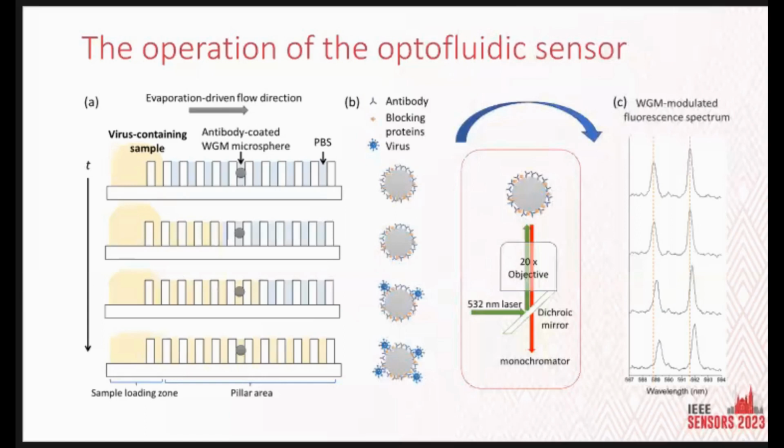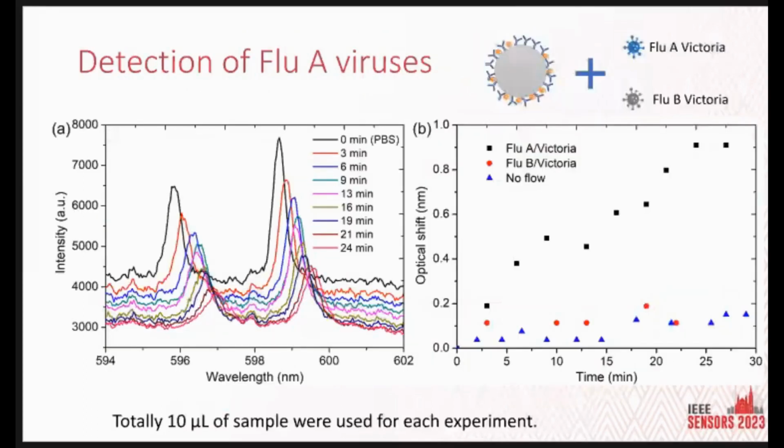Once the evaporation happens, you can see the virus containing samples will flow more to the inner array, and the virus flows toward the microsphere and is trapped. And then we use a laser light to shine on some of the microspheres to monitor how the spectral peaks look. So when we plot the spectrums